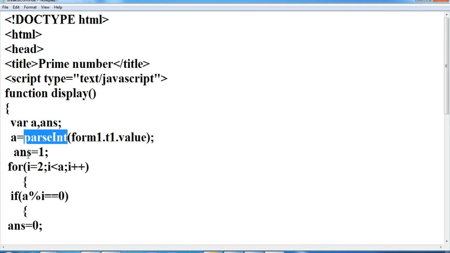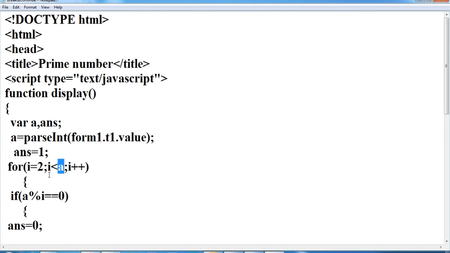So I am initializing my answer at 1. 1 is already a prime number, so I don't have to check for 1. If I enter a value greater than 1, suppose I enter 2, I initialize i at 2, and my entered value a is also 2.